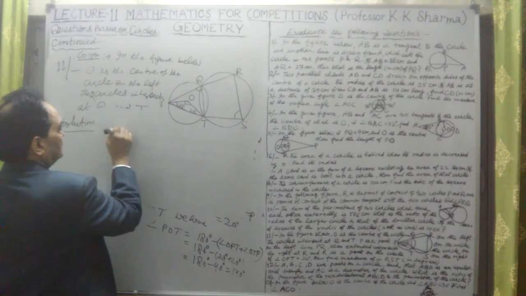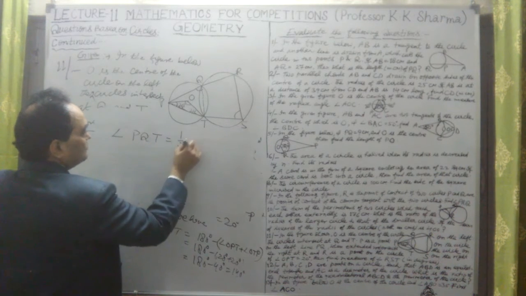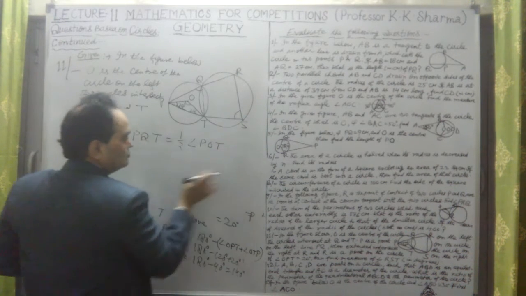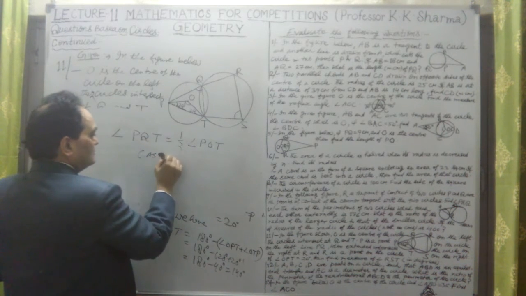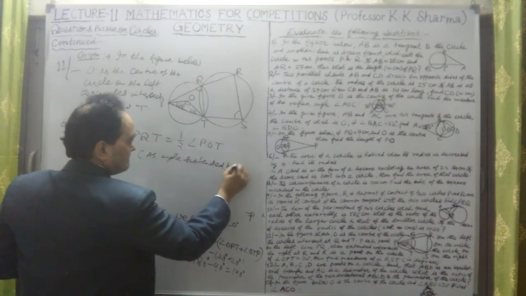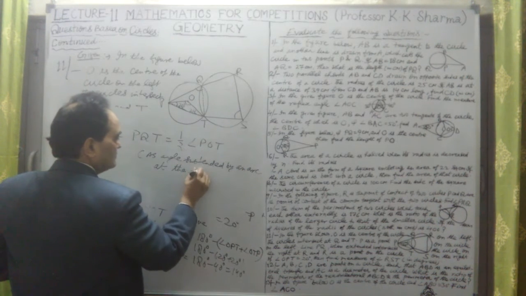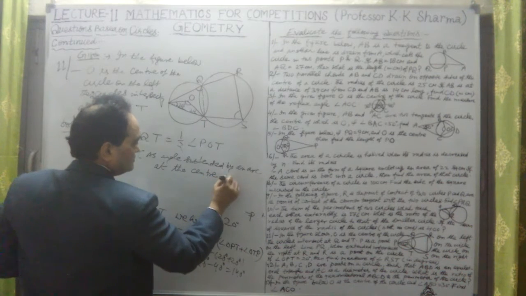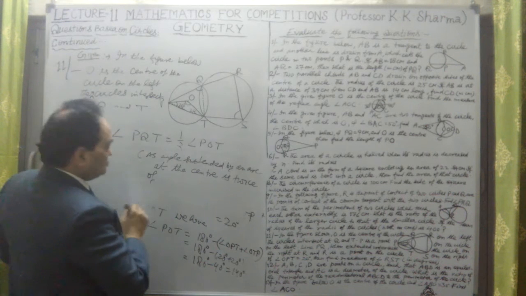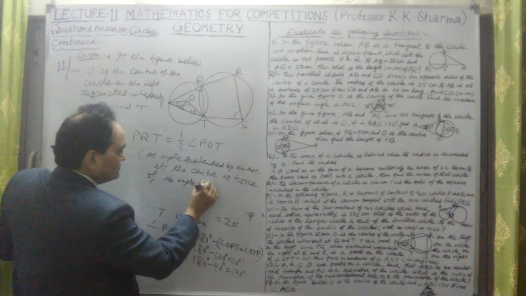Angle PQT is equal to half of angle POT. Why? This we know: the angle subtended by an arc at the center is twice the angle subtended by it